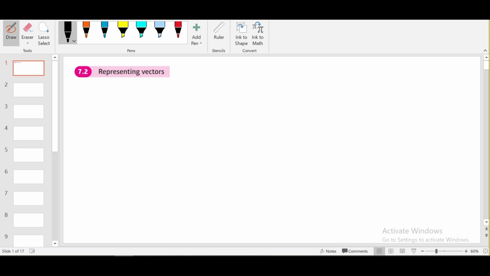Let's say we have this vector, from point A here, 2 units to the right, and then 3 units to the top. On the grid, let's say we have this vector AB. This is 2, the horizontal distance, and the vertical distance is 3. You can write this vector AB